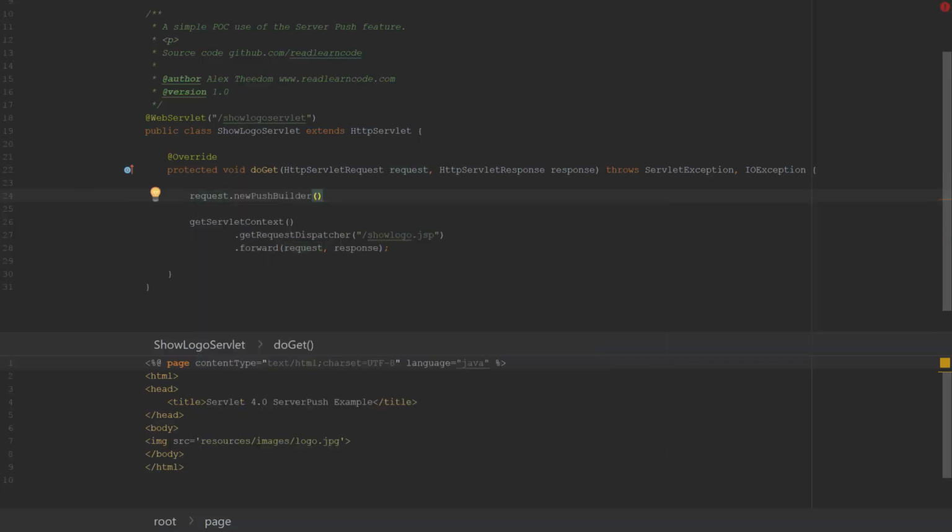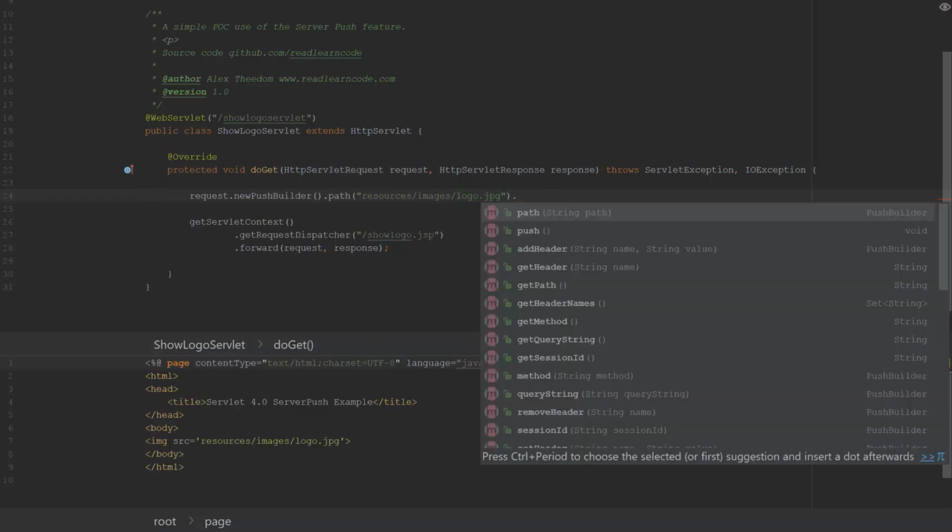Now I have the PushBuilder, I can start to build up the push response. The resource I want to push is the logo JPEG that I know the JSP file requires. So I call the path method and pass it the location of the logo image that the JSP file needs. Now I can call further methods and add query strings and HTTP headers and so on, but I want to keep it simple. So I will just call the push method, which initiates a non-blocking push of the logo image